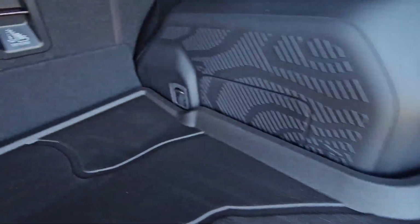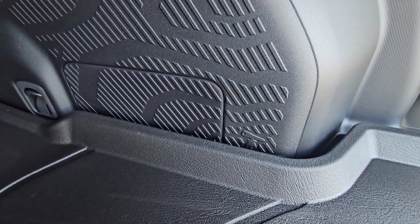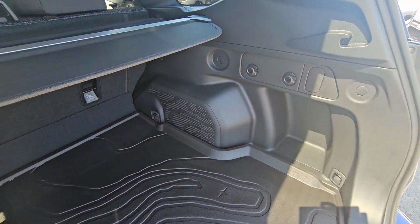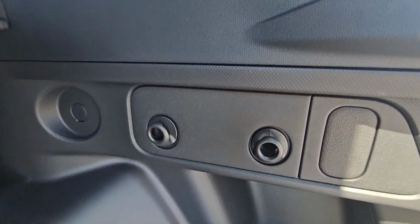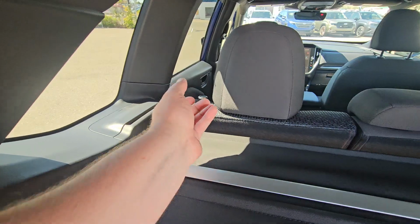We have physical hard mount tie downs in each corner, which is really nice. We've got some texture, we've got some Easter eggs, lantern, we've got a telescope there. There's some other Easter eggs elsewhere in the Forester. I did a video about that. I'll include that in the video description as well. We have our grocery bag hooks, tie down, and then if I need to fold the seats down, I'm tall